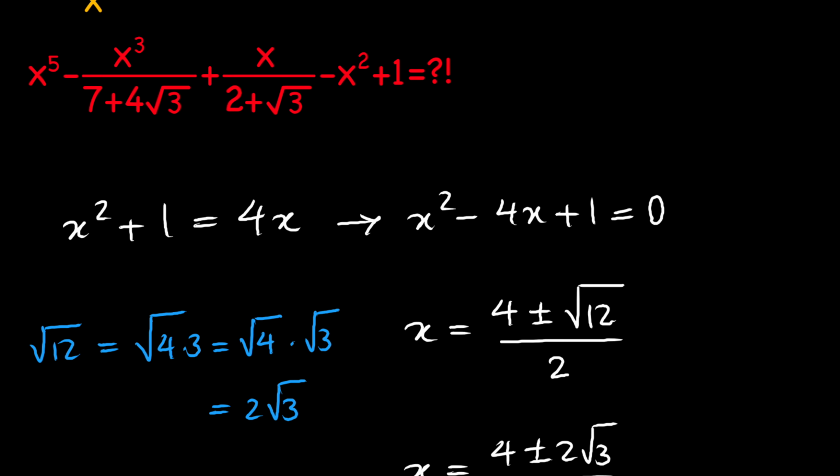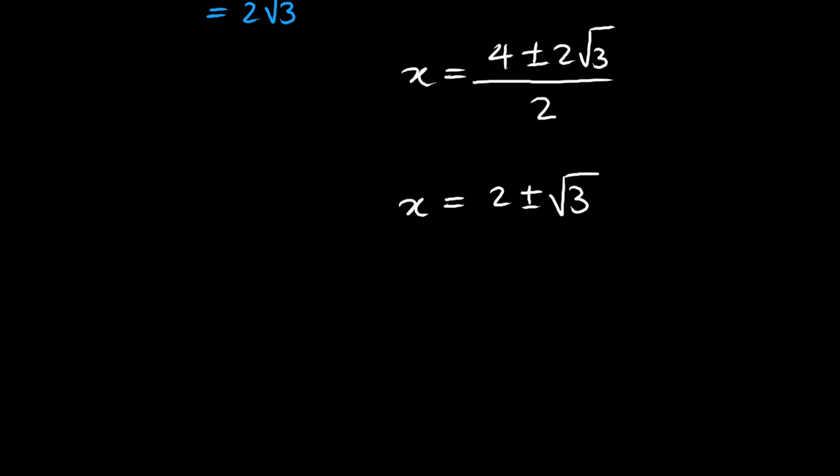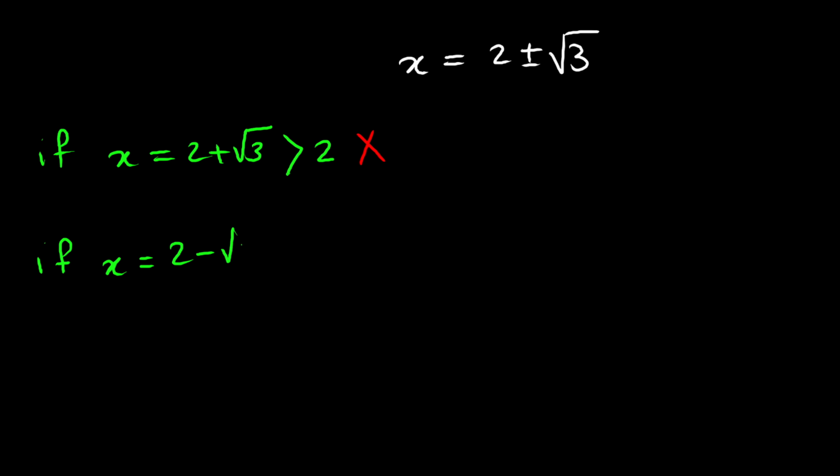Now notice that we are given that x is less than 2. Therefore, we need to check the solutions. If x equals 2 plus root 3, it is obvious that this value is greater than 2, therefore this is not a valid solution. But if x equals 2 minus root 3, then it is obviously less than 2, which means that this is a valid solution. So x is equal to 2 minus root 3,